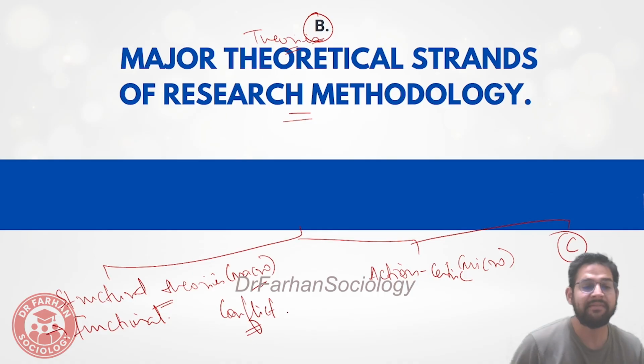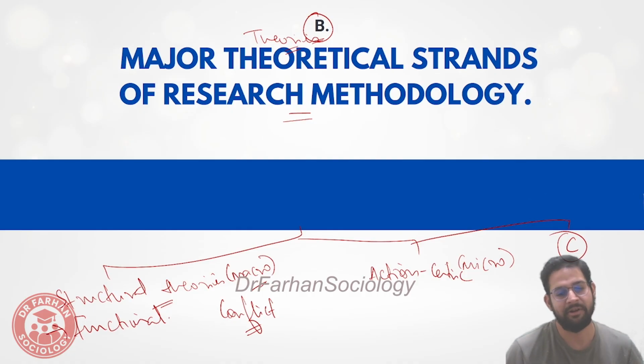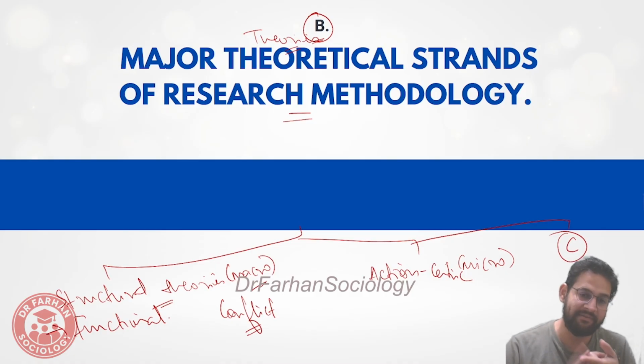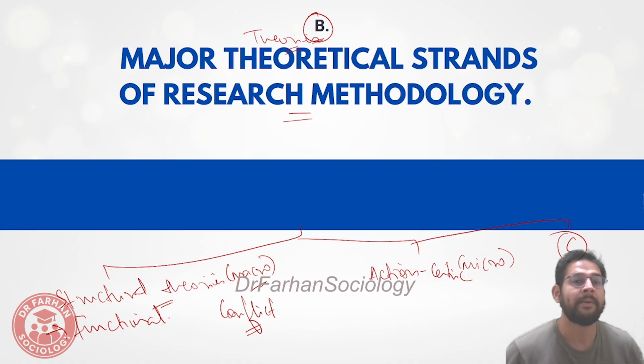Feminism is established on the concept of conflict theories. Why are women suffering? It is because of an ideology established by patriarchy. So here, the essence of feminism is based on conflict phenomena. The essence of Marxism is based on conflict phenomena. The haves and the have-nots can never come together. So how are we looking at sociology? We are trying to first divide it into first, second, and third. In the first, I am telling that this is a large view of the society: functional theories and conflict theories.